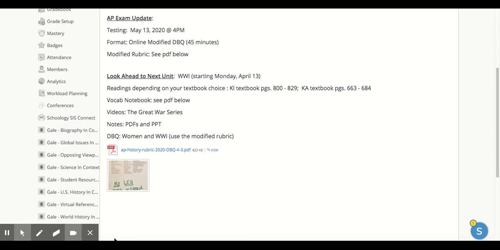And then we have a point down here. Demonstrate a complex understanding of the historical development that is the focus of the prompt, using evidence that corroborates, qualifies, or modifies an argument that addresses the question. Remember, this is our synthesis. That stuff is still here. What can you bring in? What's this similar to in another time period, or however you're wanting to do it. So it's the same stuff we've always been doing. They've just modified it just a bit.